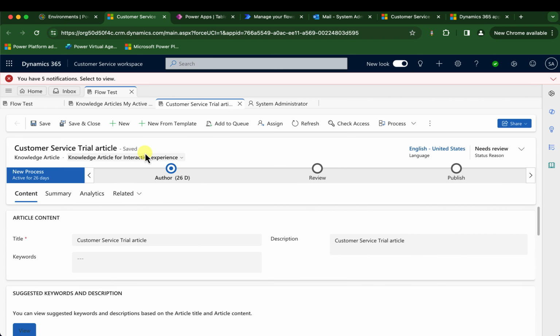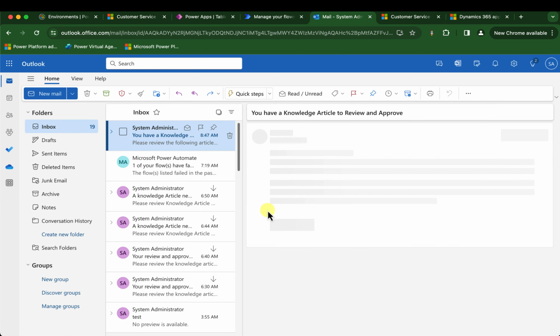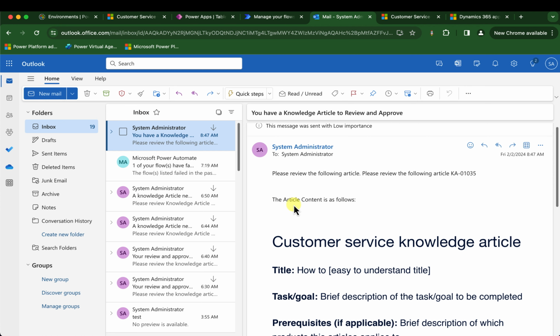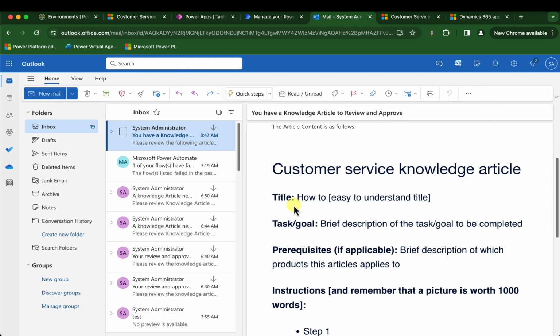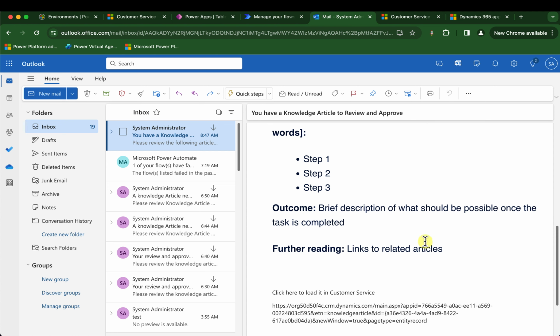Okay, so here we go. So I'm expecting to see a new email pop into my Outlook, which is an open tab. And there we go, you can see the little red dot. And here I can see I've got an email from sysadmin, and then we have a nice outline of what that knowledge article is, so I can have a look through that, I can review it, and then more importantly, down at the bottom, I'm going to see the URL that I've generated as well in that email.